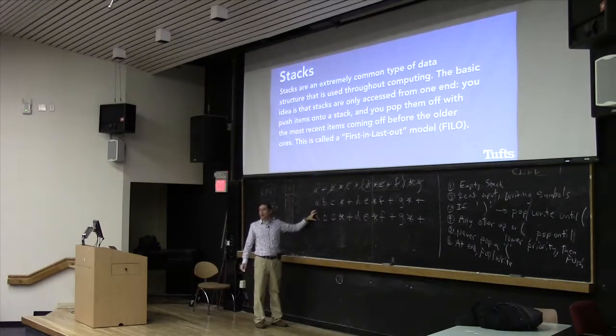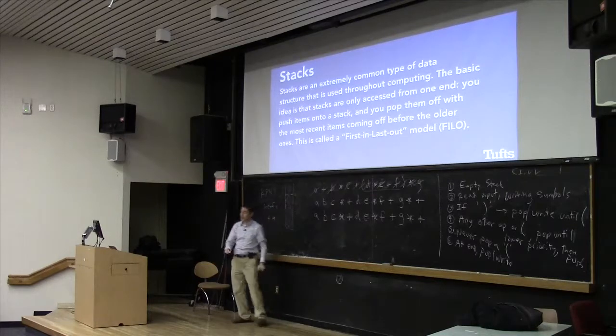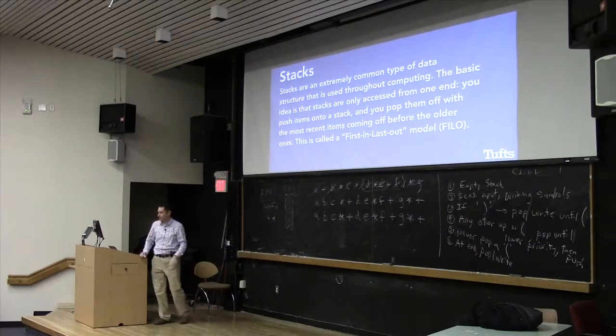Is there a better way to actually do this calculation in one pass? I'm not sure of one. Okay, you do have to go through this stuff twice in order to actually do all the calculations. But again, it's kind of nice that once you've got it in this form, you can simply go through it with a very simple calculator, and all the precedence rules are out the window.